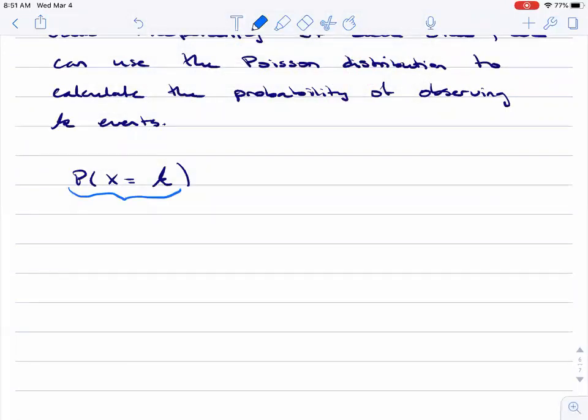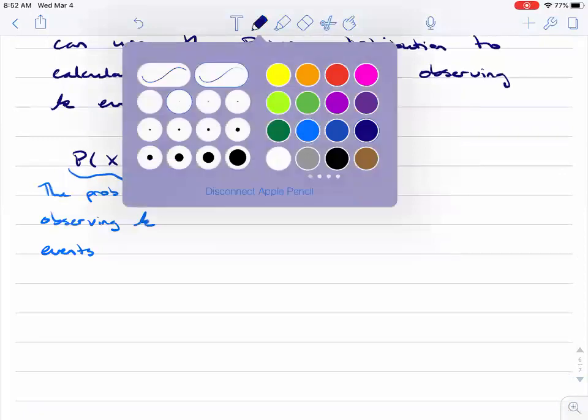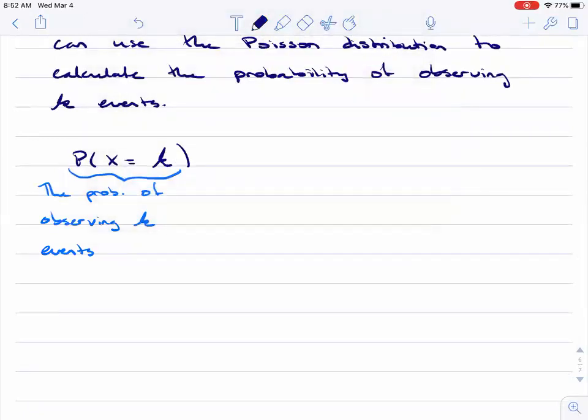Just like before in the binomial distribution, the probability that we have k successes, now the probability of observing k events. And I'm just gonna hit you with the formula and we'll break it down again,